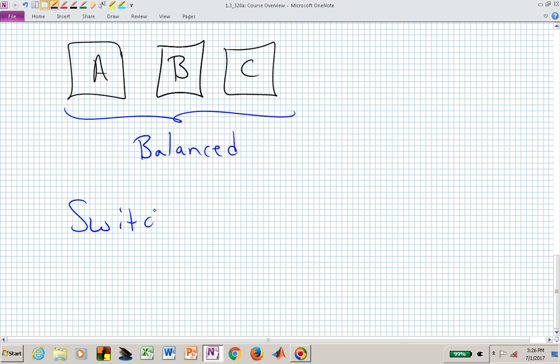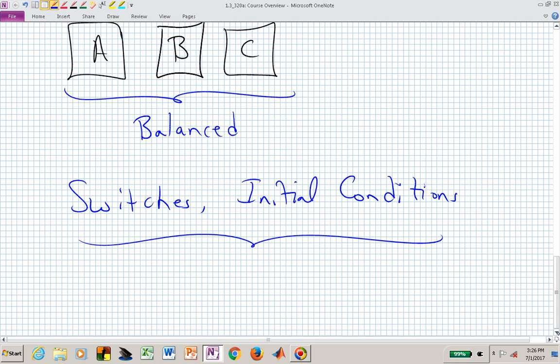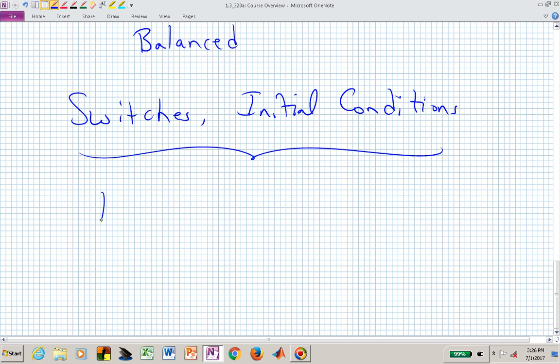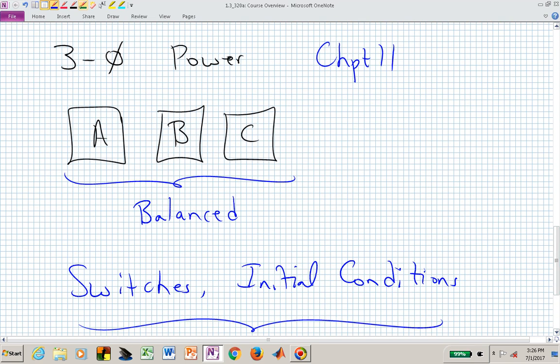And when we start thinking about switches or initial conditions, we're no longer thinking about things happening in the same way forever. We now have things changing on us. Once we have switching and initial conditions, we are introducing transient behavior into our system. And because of that, it would be nice if we could understand how to analyze this beyond what we've been doing up above in chapters 10 and 11,